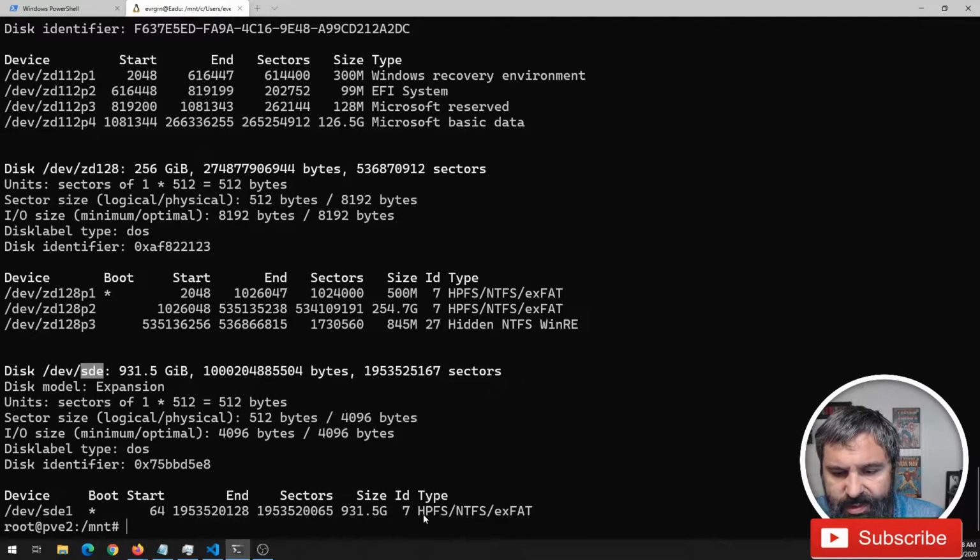And you will see that it is set up basically as a Windows partition, exFAT, NTFS, HFS. I want to change that to ext4, because this drive is going to stay in this machine and be our backup drive for the machine. So the next thing we're going to need to do is go ahead and format that. So mkfs.ext